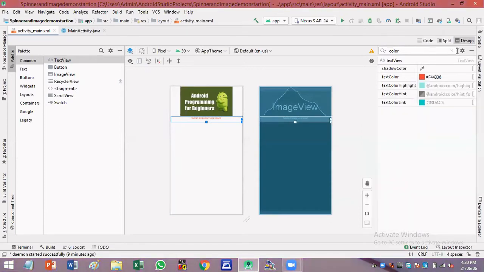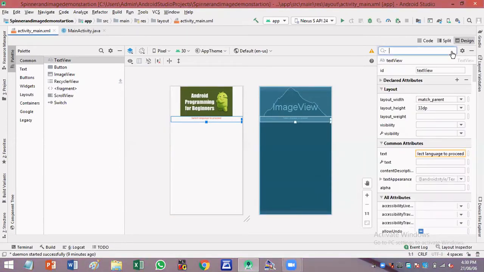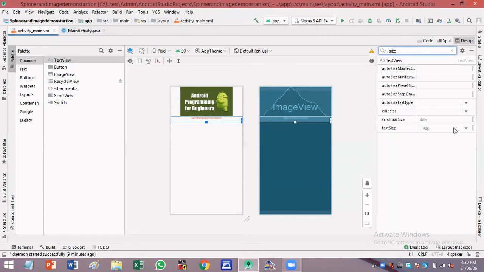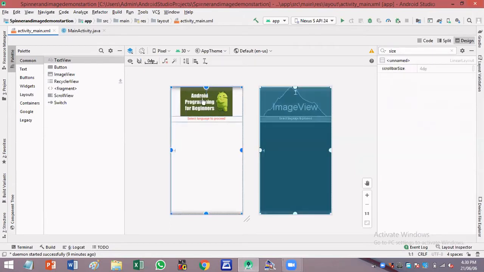And then I'll be changing the text size to 18 SP, so that it looks a bit bigger.